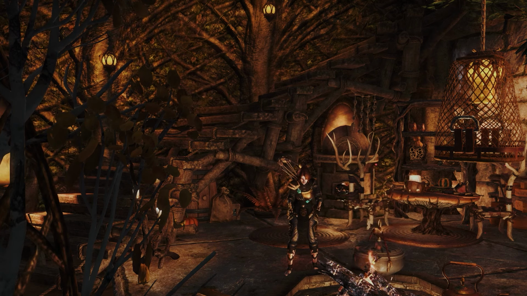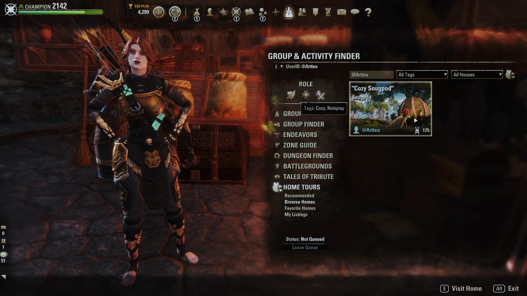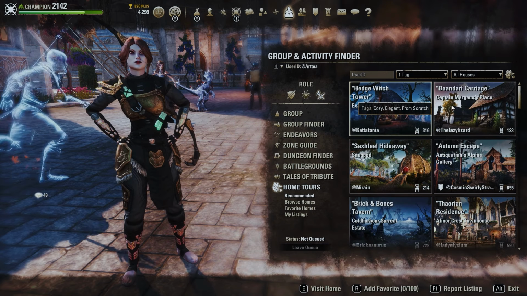I also went ahead and added this home to the home tours feature, so now anyone can visit it easily just by looking up my user ID. Or you may find it if you peruse the cozy or role-playing tags. Alright, for the next part of the video, I'll be...